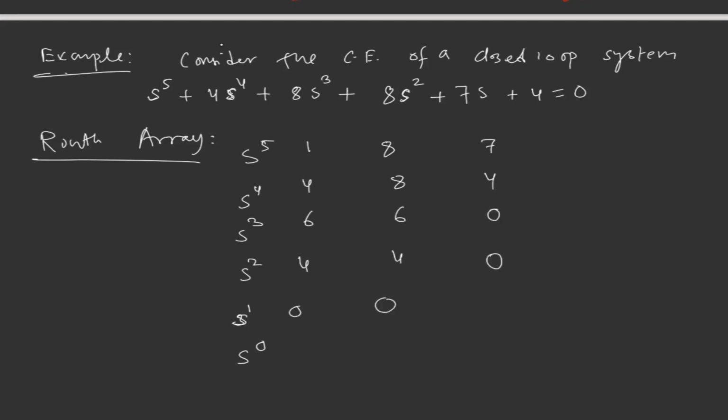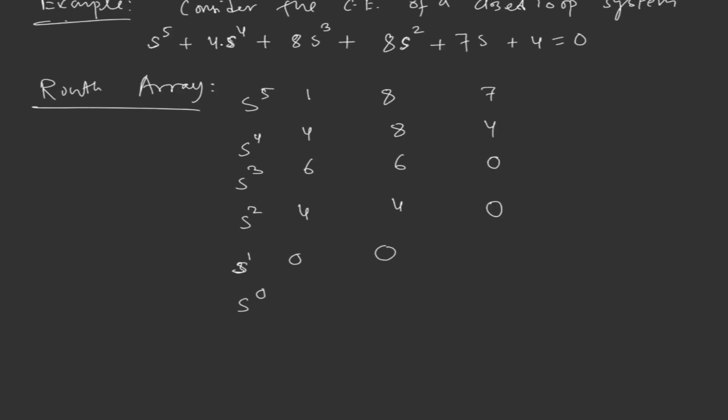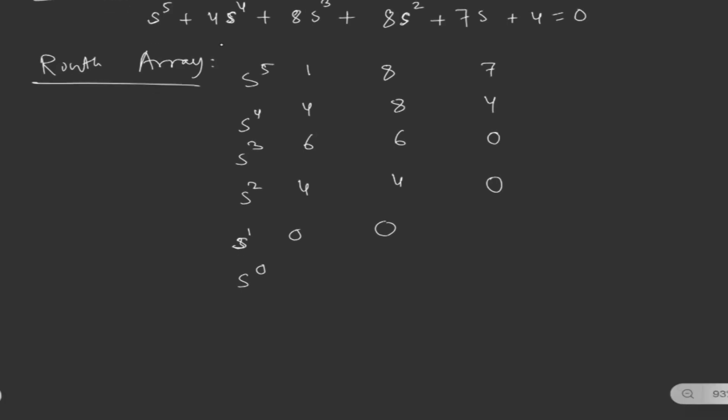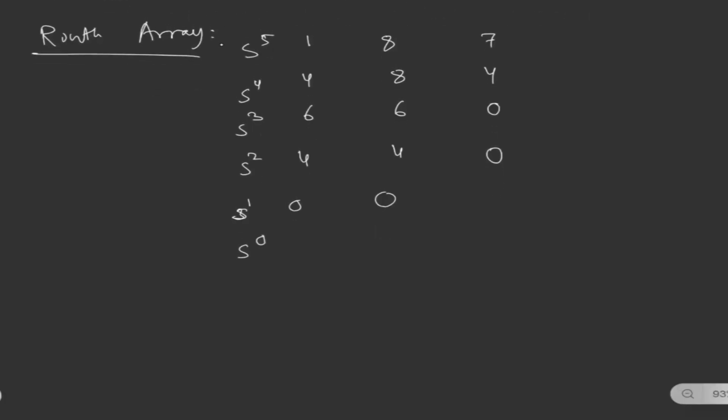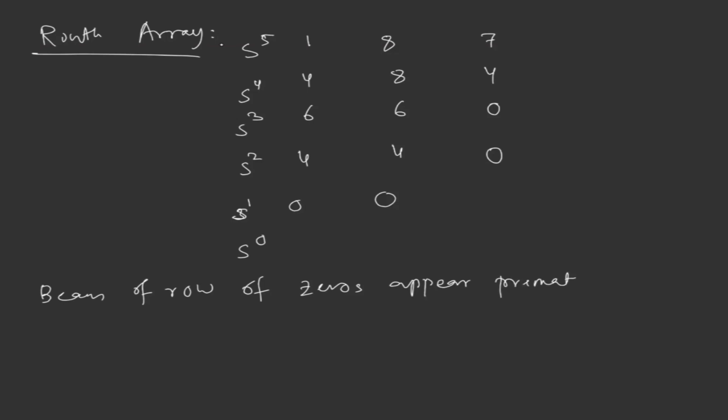So this is one of the critical cases. If 0, 0 comes in any of the rows, what will happen? So let's work on this. Let me write, because a row of zeros appears prematurely,